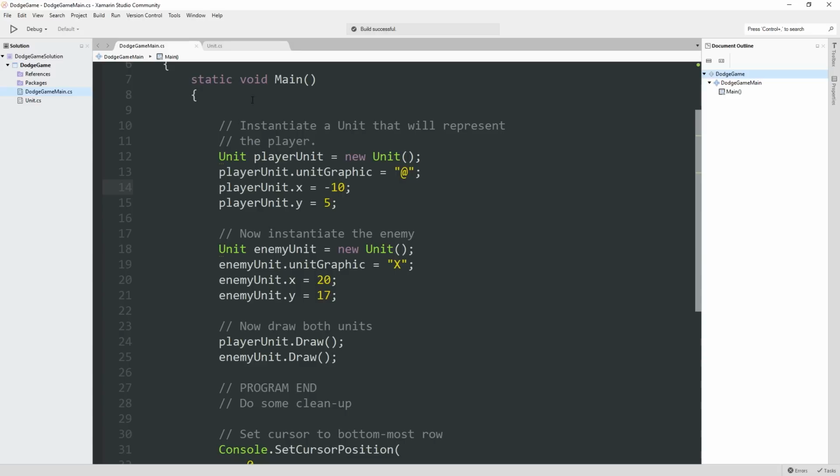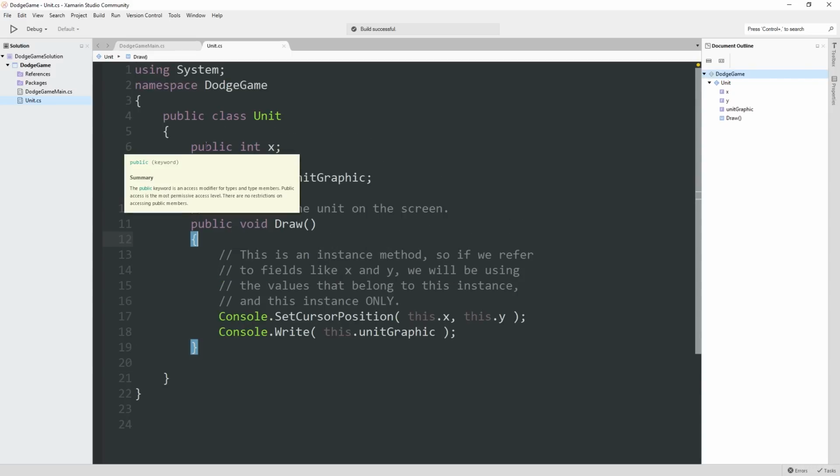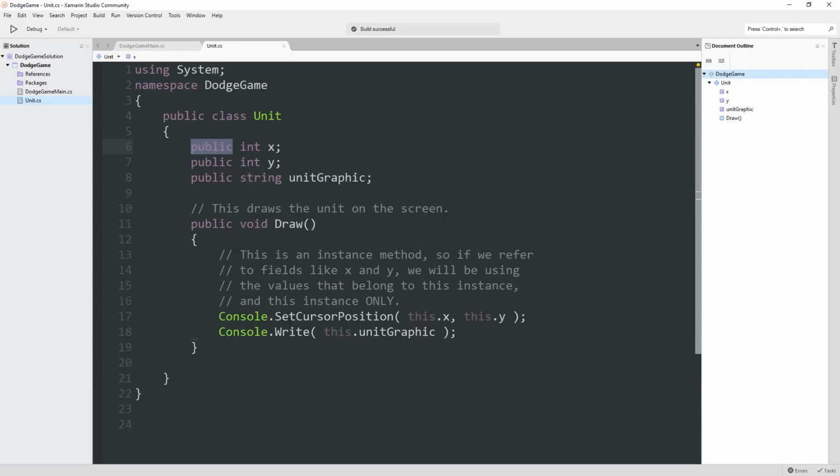So it means that in our greater program, we always have to make sure that the player's X and Y are valid. And really, that's not the job of the main program. Units should look after themselves. And so that's what we're going to do here. And the way we're going to do it is we're going to change these three variables here, these fields that belong to the unit class. We're going to change them from public to private,